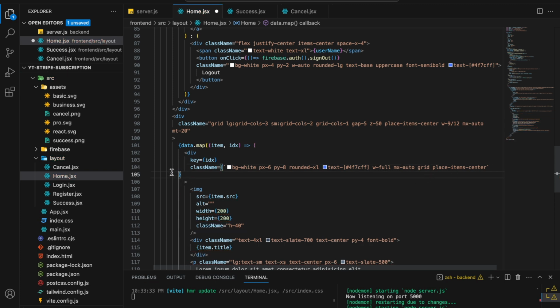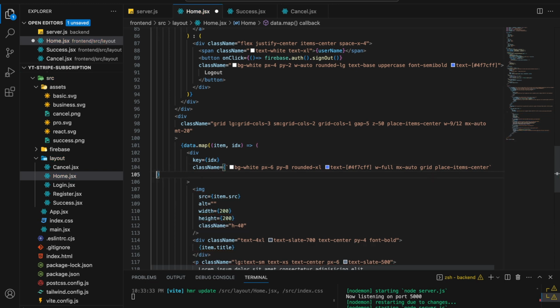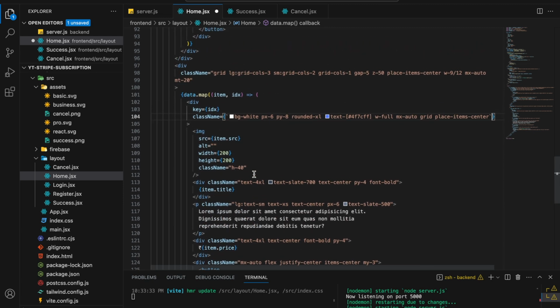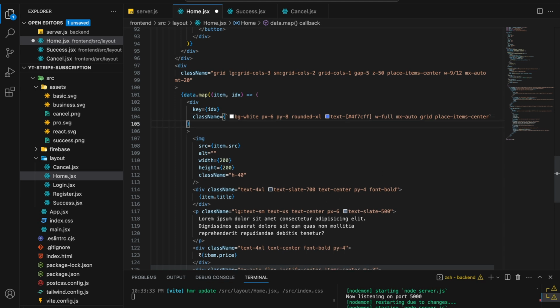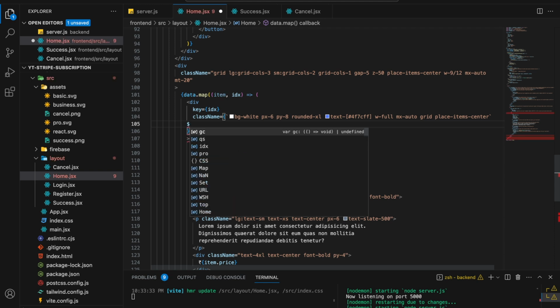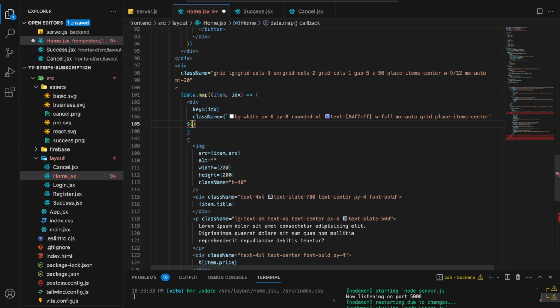Okay, I've given the backticks. So after giving the backticks, I want to add a condition, that is, if I have